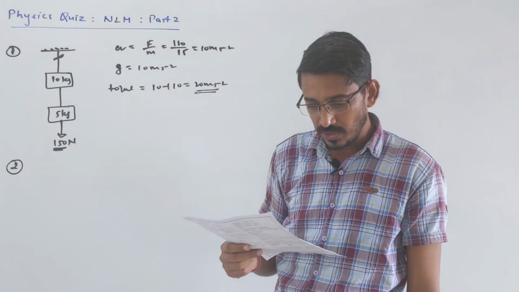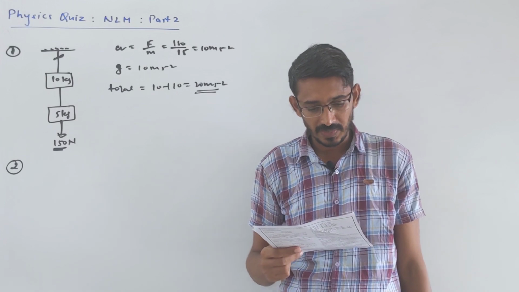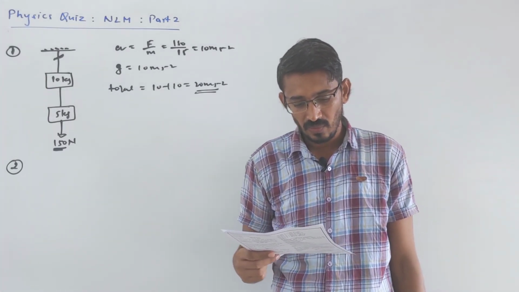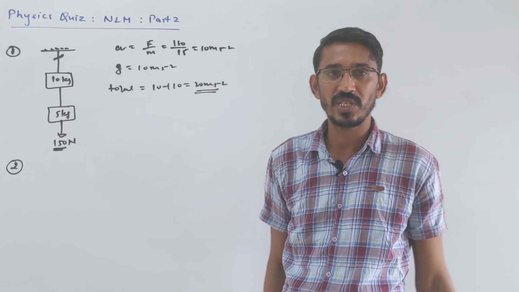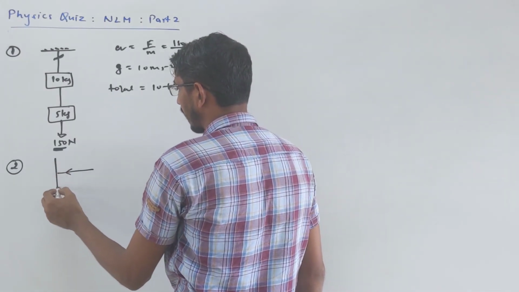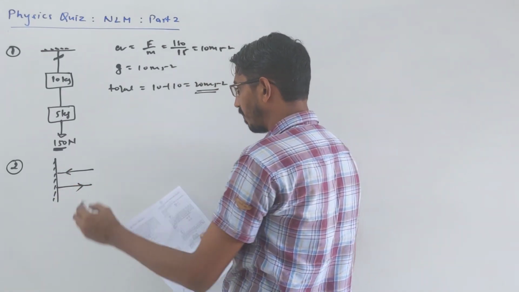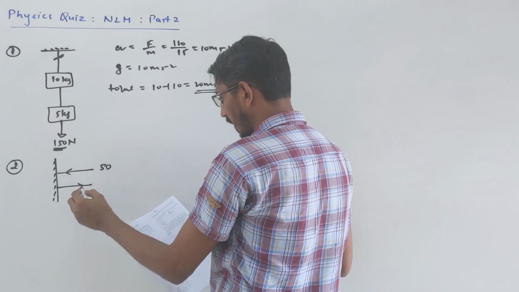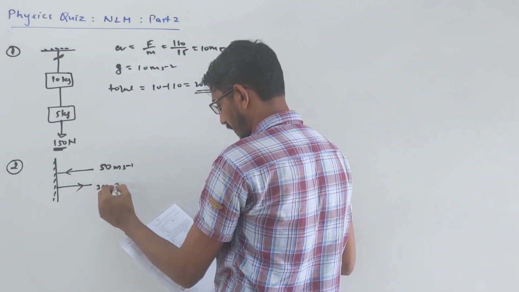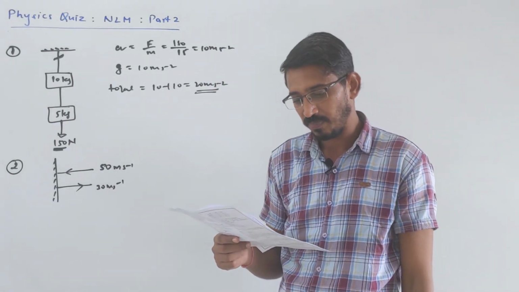Bullets of mass 0.03 kg each hit a plate at the rate of 200 bullets per second with a velocity of 50 and reflect back with a velocity of 30. What is the force acting? Again, this is a change in momentum problem. So there is a plate, and bullets are coming, hitting it and reflecting back. While going, the velocity is 50 meter per second, and while returning the velocity is 30 meter per second, right? The number of bullets we are firing is given, and the mass of each is given.